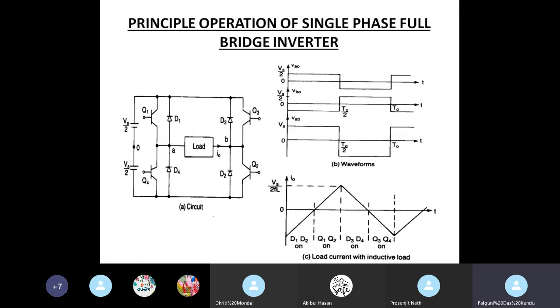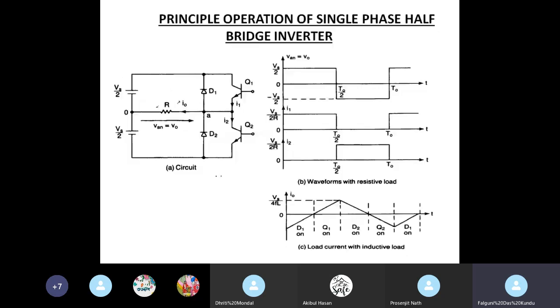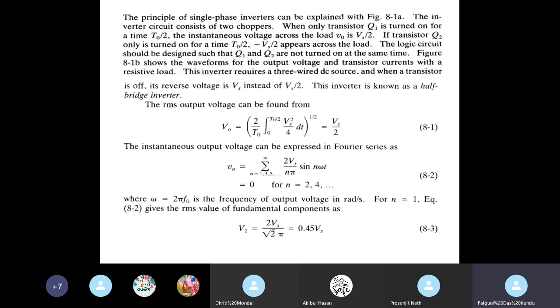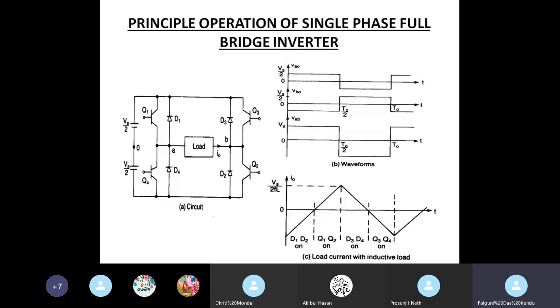In the previous class, we learned about the principal operation of a single phase half wave bridge rectifier. Here is the circuit diagram of the single phase half wave bridge rectifier, and here we see that only two transistors and two diodes are required. But in case of a single phase full wave bridge rectifier, four transistors and four